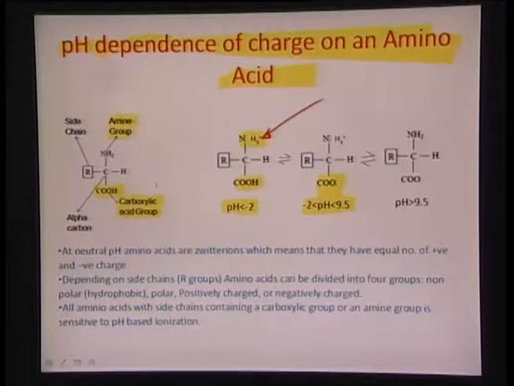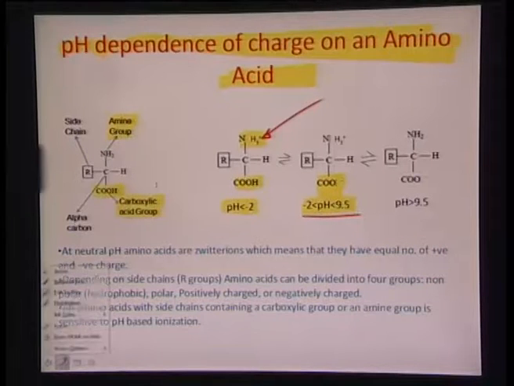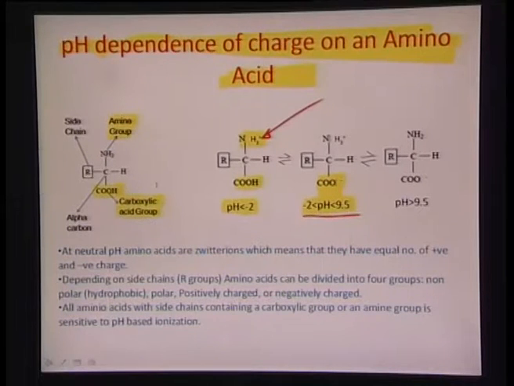That is one aspect of how a positive charge can be produced on the amino acid. Now, there is also a range of pH, let us say in this particular case between 2 and 9.5, from slightly acidic to